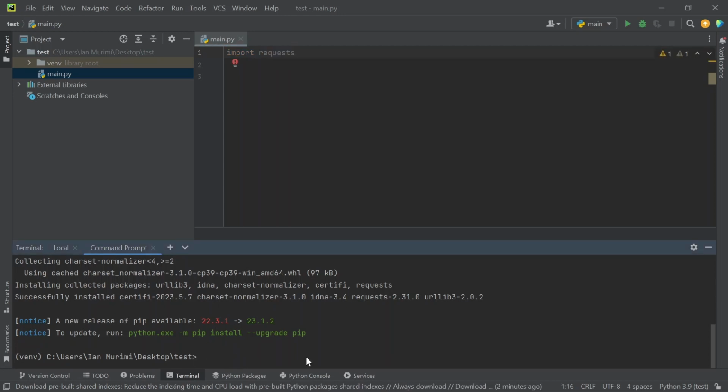Now suppose this is your virtual server and you want to install requirements from a requirements.txt file, all you have to do is type pip install -r and then the path to that particular file. Now for my case it's in the YouTube directory, so I'm going to copy this path and then I'll paste it here.